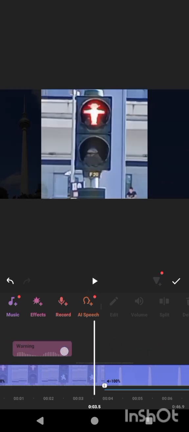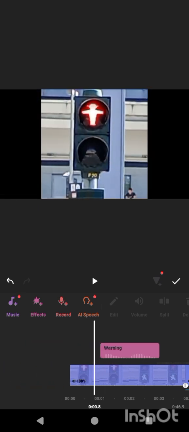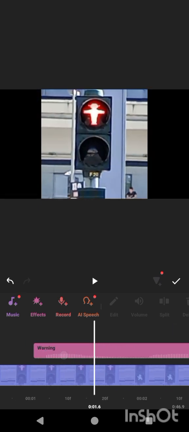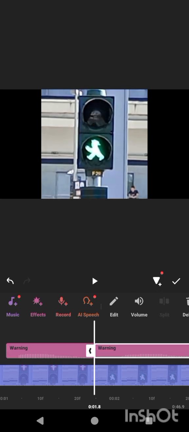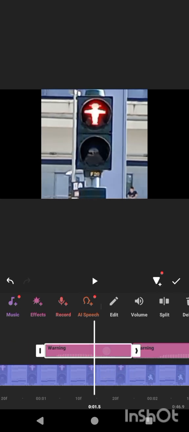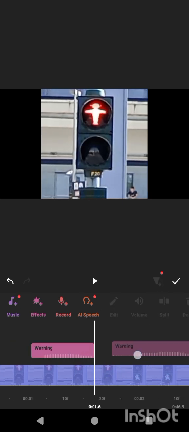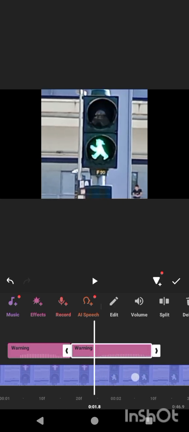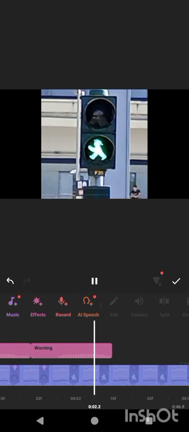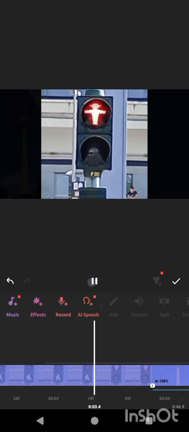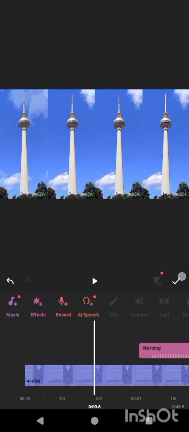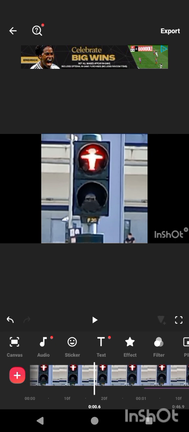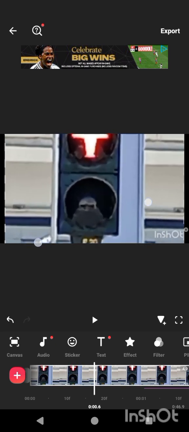You can move it along. You can edit it. You could split that into bits. Make them closer together. And they will snap into place. And I select the clip there so that it's got the outline around it. Now I can stretch it. We could have it there like that. And then when it changes to green,